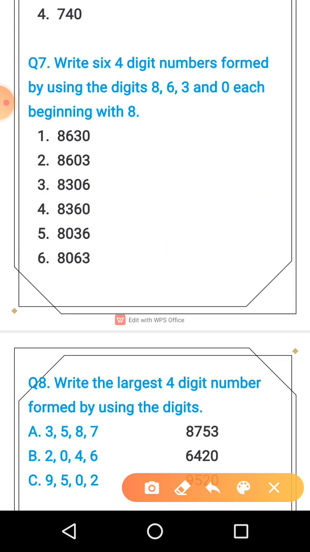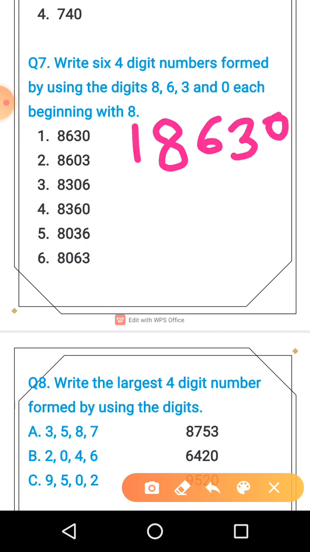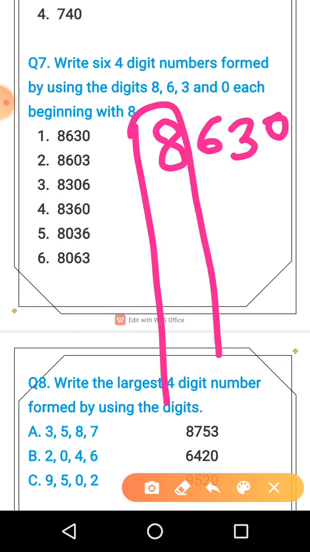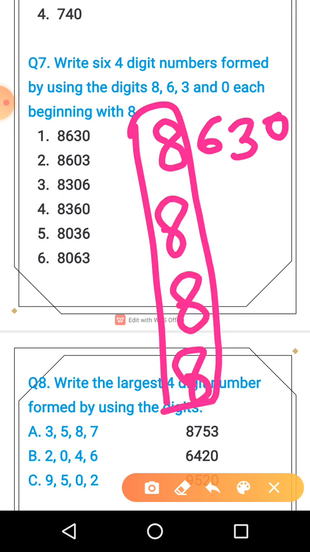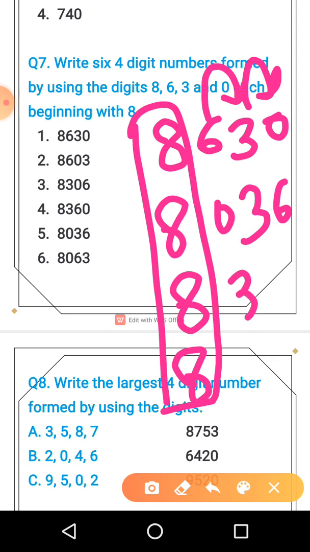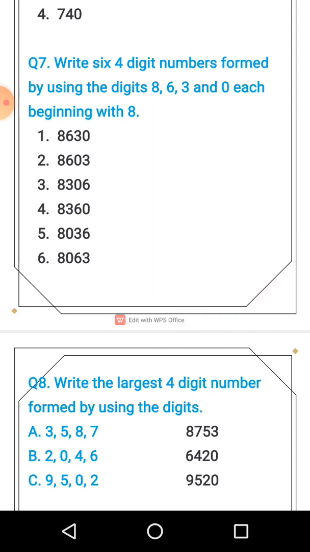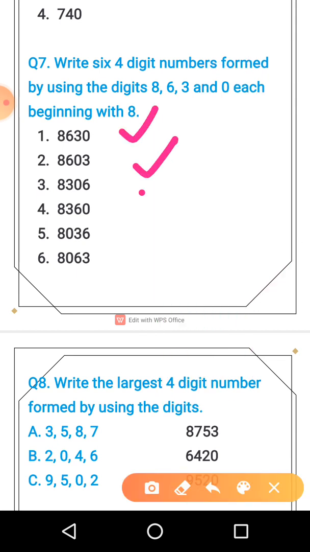Like the last question, we have to write the digits in the very beginning, then we have to shuffle. Here the condition is that we have to fix the 8, means 8 always comes at the first place, so we have to shuffle all these 3 numbers only, like this, okay, and so on. So the answer is here. You have to just simply shuffle the numbers and you can get your answer.